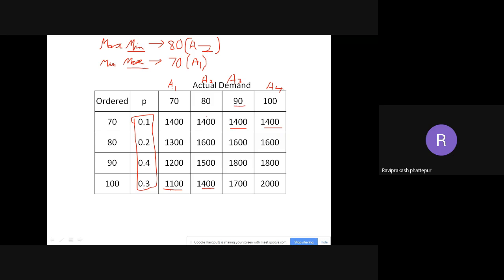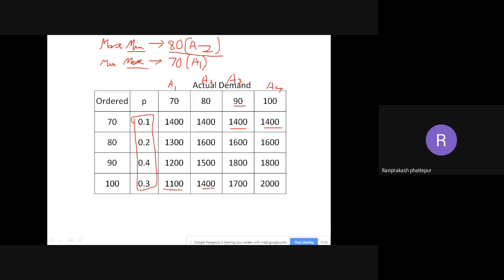For the second one, what is the smallest? It is 1400 and it is at two places. So multiply 1400 with 0.1, check the value. Then multiply 1400 with 0.3, check the value. Whichever is smaller, write that one for A2. For A3, again it is 1400, 1400 into 0.1. A4, 1400 into 0.1. Check whichever value is the highest out of the smallest ones. Purnima told me it is A2, that is 80. That's why I'm telling you to check. This is the answer from Purnima.